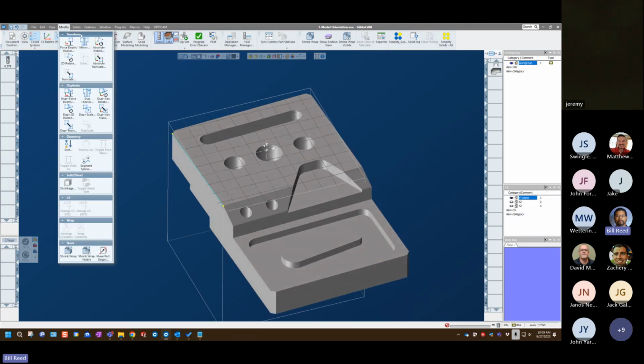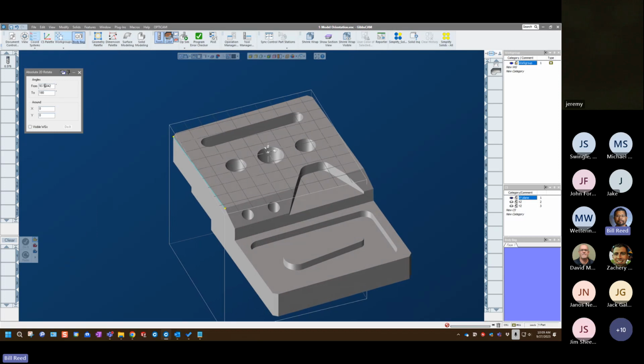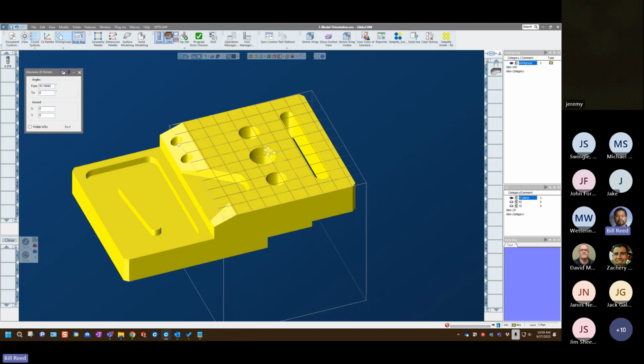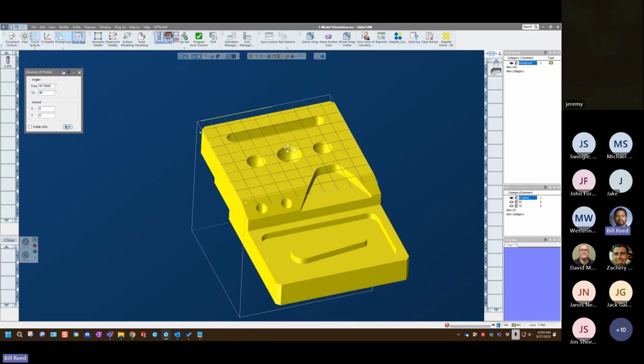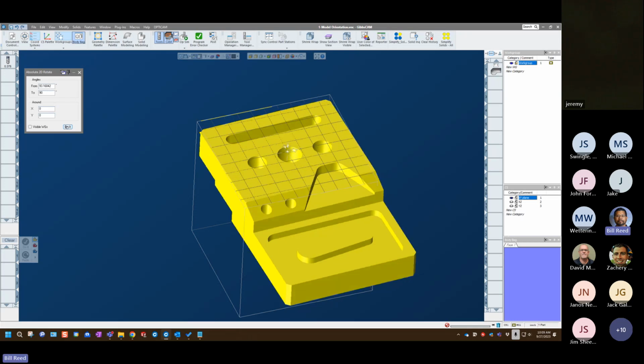So I can go up here to modify, absolute rotate. And I'm going to double click in here, hold Alt and select that line. So it gives me that angle. And then I can tell it exactly where I want to move it to. I can tell it I want to move it to 0 degrees. Select my model, move it to 0 degrees. If I wanted to put this at 90 degrees, I could do that as well and skew it square that way. So it's going from whatever angle this line is